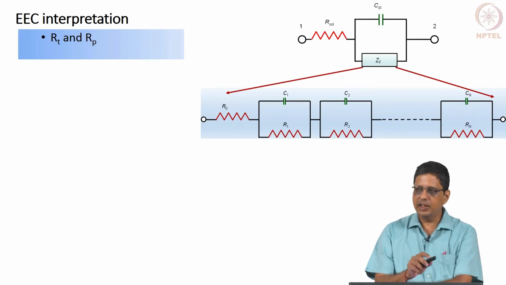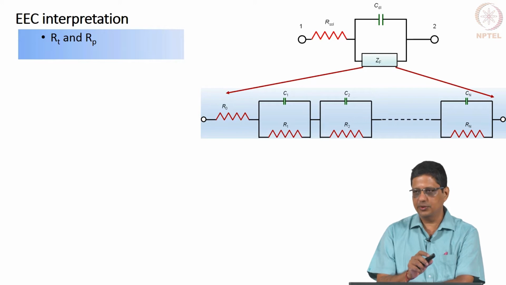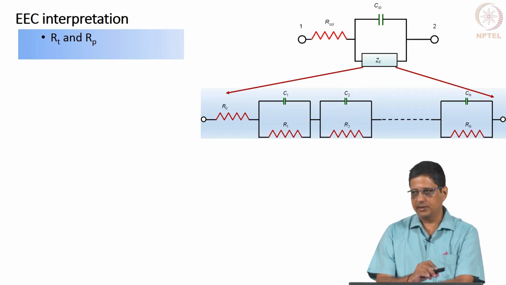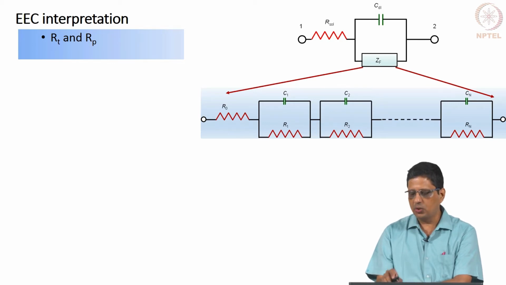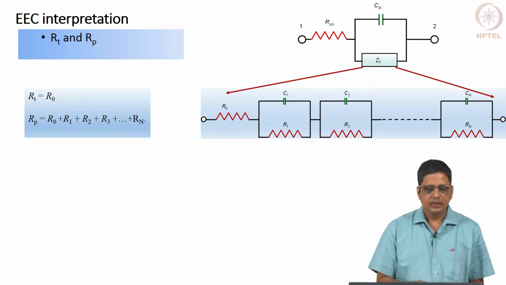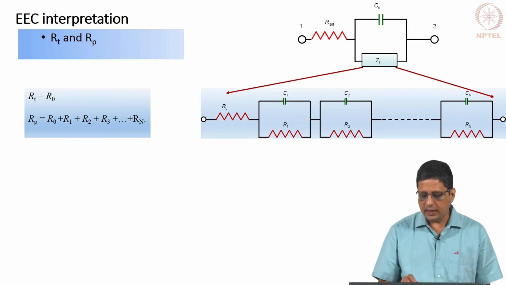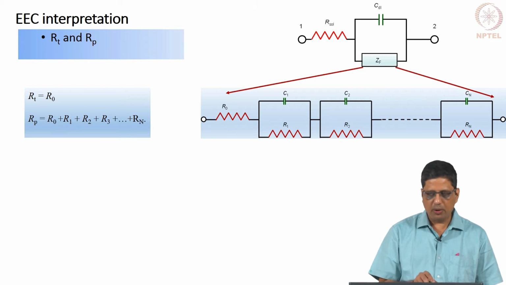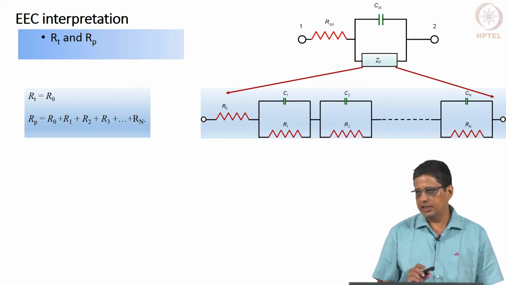high? When frequency is very high, the capacitor will act as a short circuit. That means R0 is going to be the charge transfer resistance. When frequency is 0, the capacitance is basically open, it is cut off. That means R0 plus R1 plus R2 and so on, Rn. So, the sum of all the R0 to Rn, R0 being still part of the Faradaic impedance, is going to be the polarization resistance. Only R0 is going to be the charge transfer resistance.